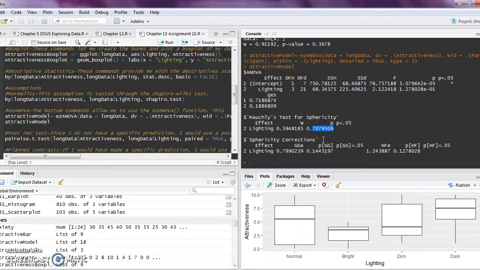And at that point, we would be looking at the Greenhouse-Geisser correction. And we'd also be looking at